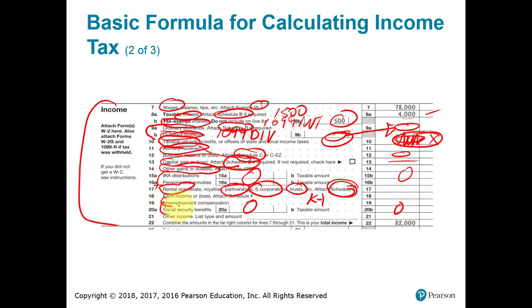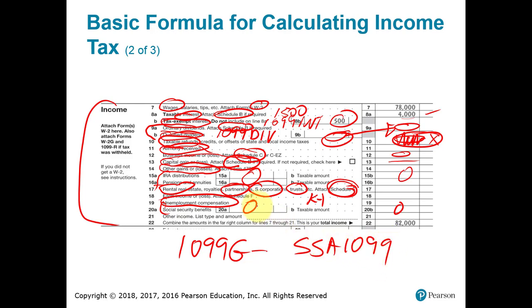If you receive unemployment compensation, taxable, you're going to get a form, let me write it down here, 1099G from the government. Same thing with the state refunds. You may receive a 1099G. Social Security benefits reported to the taxpayer on a form SSA 1099. Again, the gross amount here, we have to go through a worksheet calculation to find out how much of it